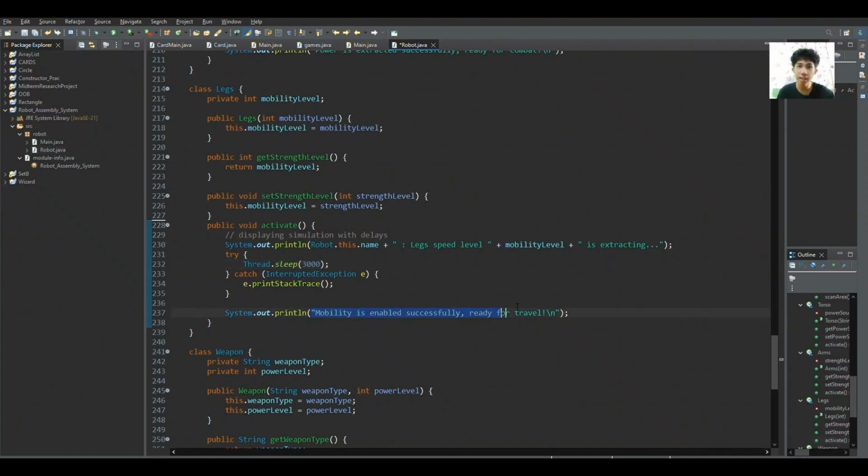So, in the main class, we create a legs object like Optimus legs, and we give it a mobility level of 100. Then we assemble the robot using this part along with head, torso, arms, and weapon. Later, when the power-up method is called, it activates on each part, including the legs. This shows the legs are fully integrated in the robot startup process, and without them, the robot wouldn't be able